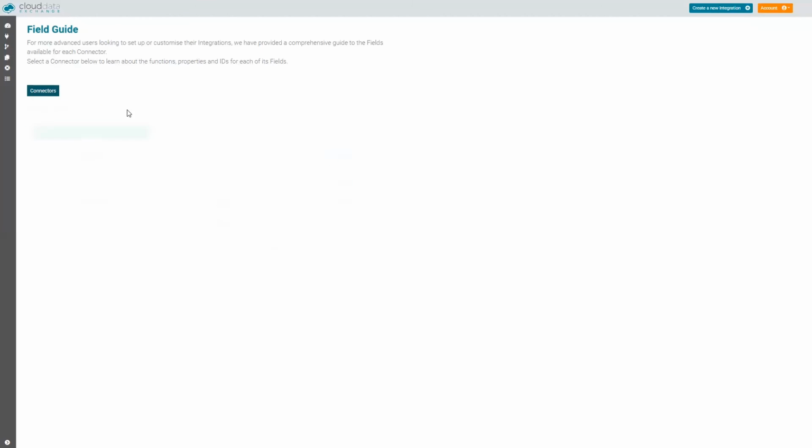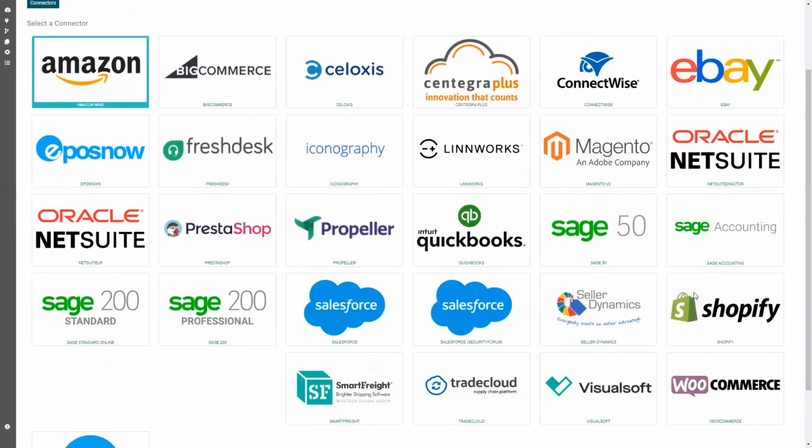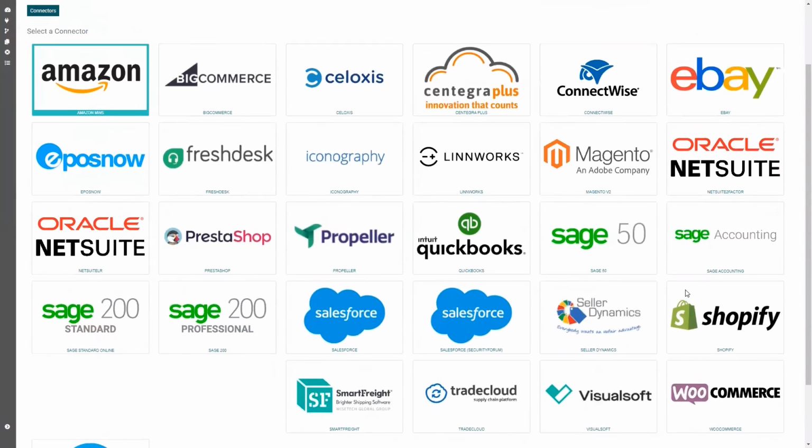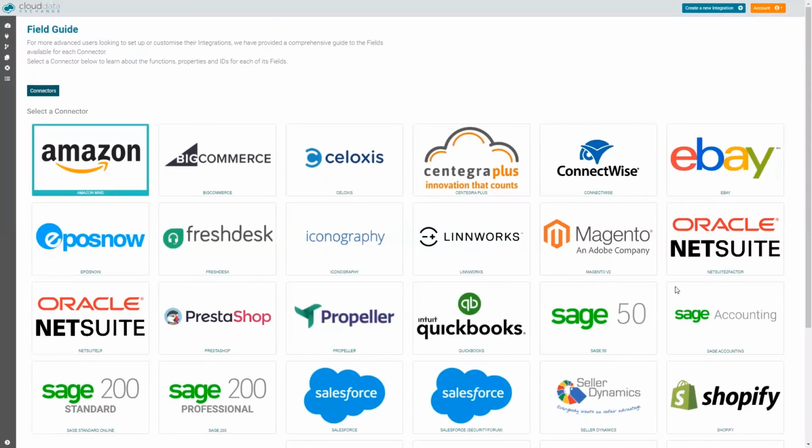So as you can see, very comprehensive, various products, ConnectWise, eBay, Amazon, EPOS now, which is an EPOS system, Iconography, another web platform, Magento. We've also got a connector, Linworks.